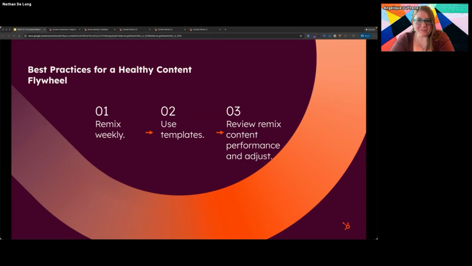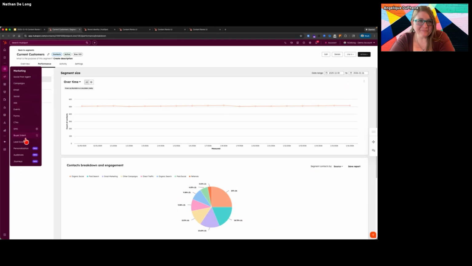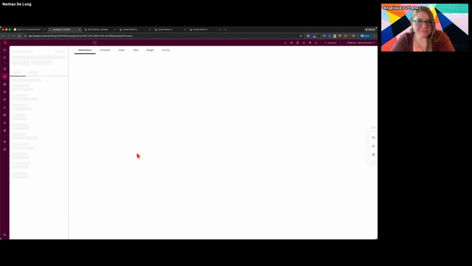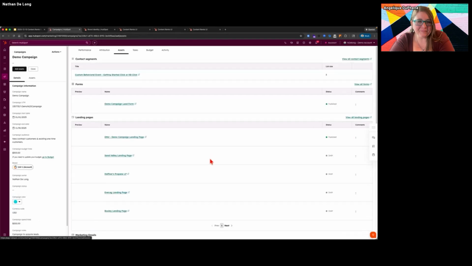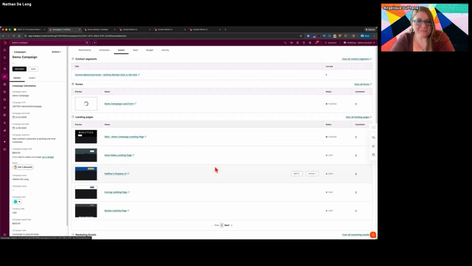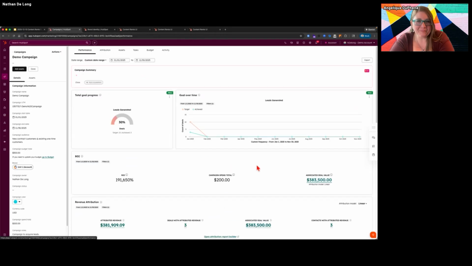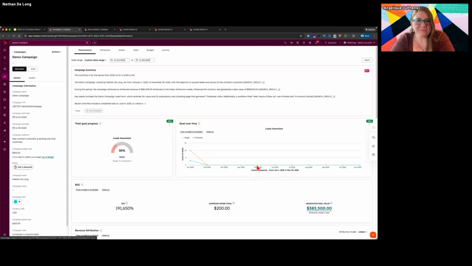The last thing is to make sure that you are reviewing the performance of that content. Not to keep shouting about this, but use those campaigns, because for me these are really critical. If I have all of these assets associated with this campaign, this is what lets me keep my finger on the pulse of how those things are doing as a group.